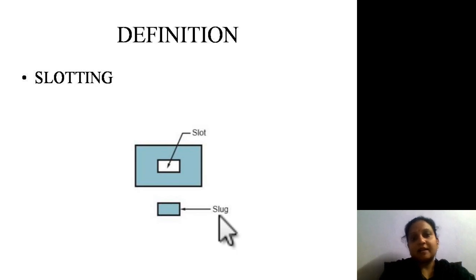It's not mandatory that you have to go for a rectangular slot always. For example, if you are making some horizontal or vertical slot, it need not be a rectangular or straight slot like this; you can make a triangular slot, in the horizontal or vertical direction, in whatever direction is required. If you are making some operation on the internal surfaces, then we call it slotting. Here the machine will run in between, not at the corners.